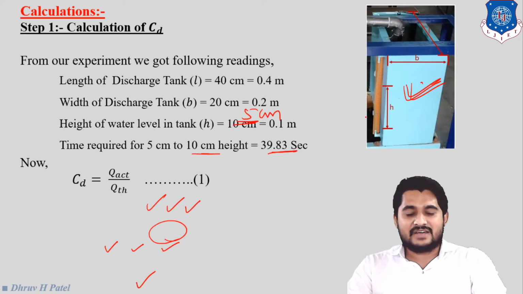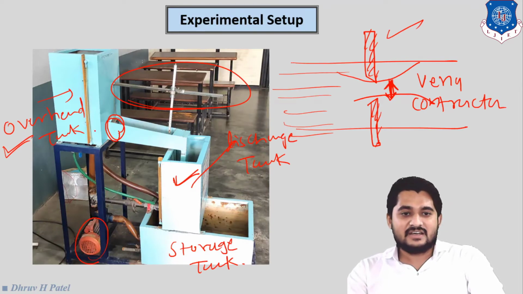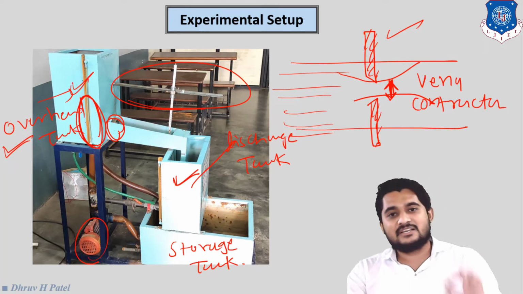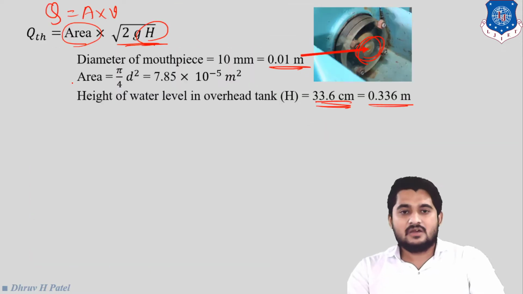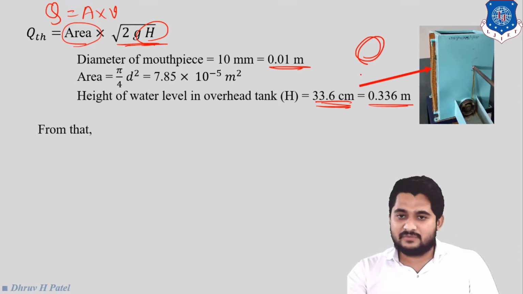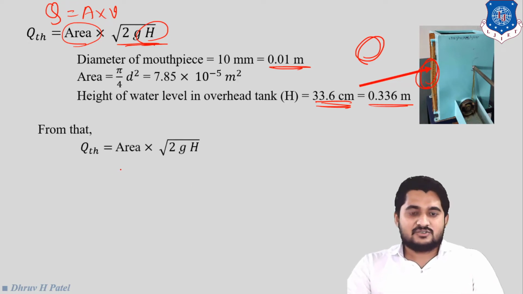We can find h by this instrument, right? See, this is the overhead tank and this is the height level indication of the overhead tank, right? So with the use of this scale, we can easily measure the steady level in this overhead tank, right? Okay, this is our setup, and from this we can measure the steady level in the overhead tank, right? So from that, if we put all the data, Q theoretical will be area